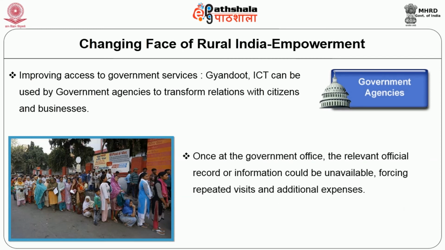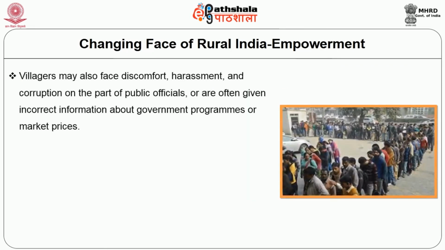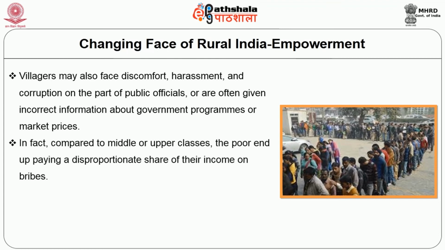Once at the government office, the relevant official record or information could be unavailable, forcing repeated visits and additional expenses. In effect, government officials working with paper records enjoy a monopoly over information and records. Villagers may also face discomfort, harassment and corruption on the part of public officials, and are often given incorrect information about government programs or market prices. In fact, compared to the middle or upper classes, the poor end up paying a disproportionate share of their income on